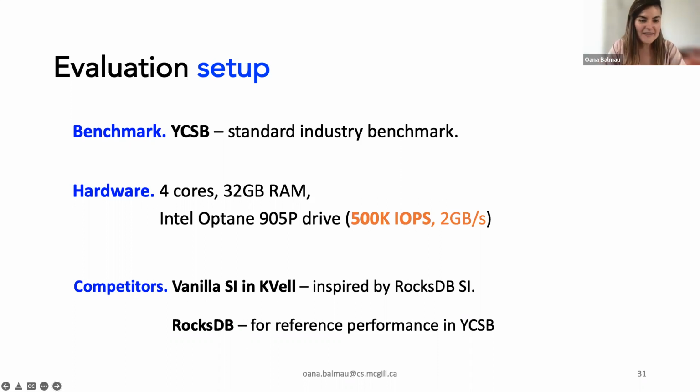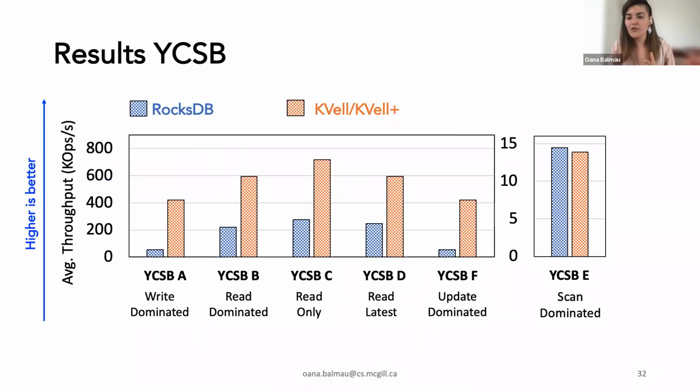And for the competitors, we have the vanilla snapshot isolation in KVell. The implementation is inspired by the RocksDB snapshot isolation, but we don't compare to RocksDB for the space amplification experiments just because it's not an apples to apples comparison. So we really wanted to port the same snapshot isolation mechanism onto the same baseline. I am going to show some RocksDB experiments though, just for you to have a sense of how KVell works